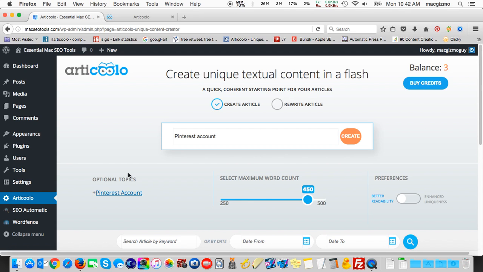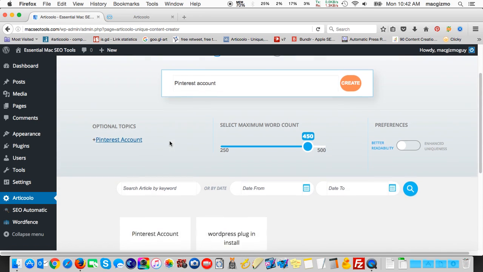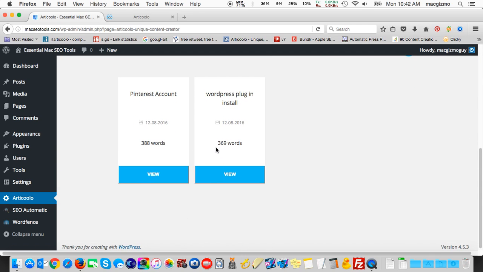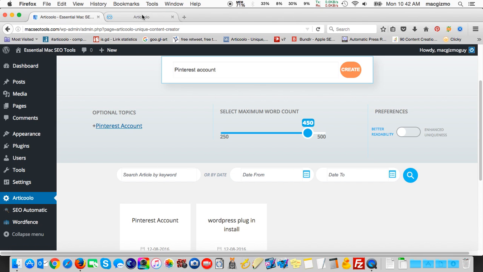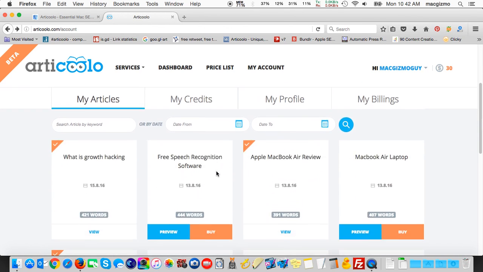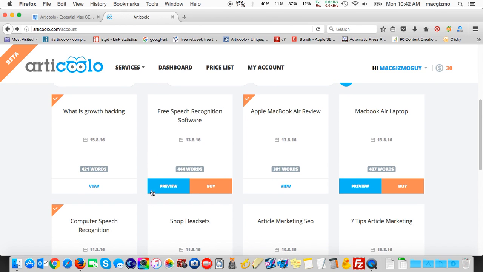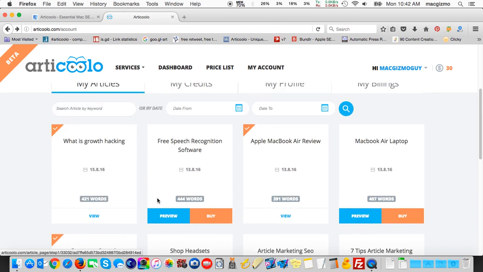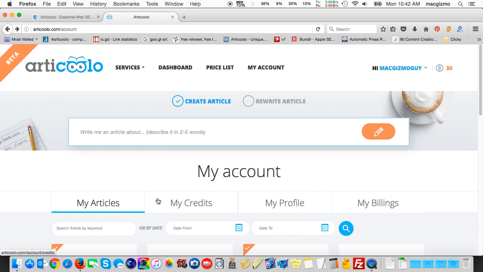All right, that's it in short. There is a difference here. Within WordPress, you try it, you buy it. Once it's done generating the article, it just ends up in your library. Over on the Articulo website, and I think this is preferable, if you go to my account, you'll see the articles, and you have an option to get a blurred preview before you buy. All right, I hope that helped to show you some of the features and a few of the distinctions between using Articulo within your WordPress platform or just doing it over the web.